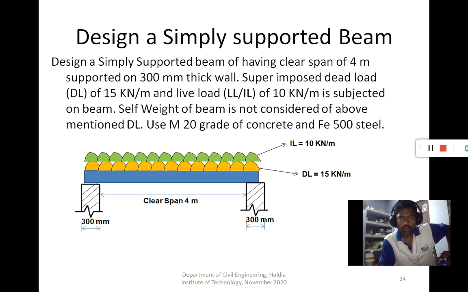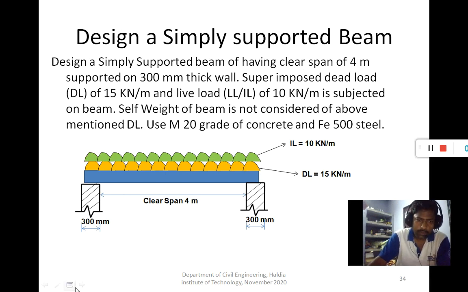The maximum bending moment takes place at the middle, whereas the maximum shear force develops at the support. So we design the beam for maximum bending moment and shear forces.